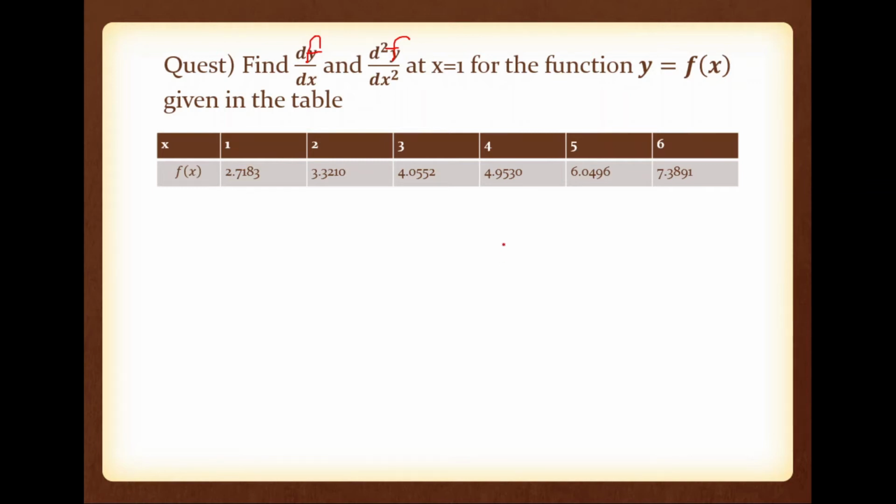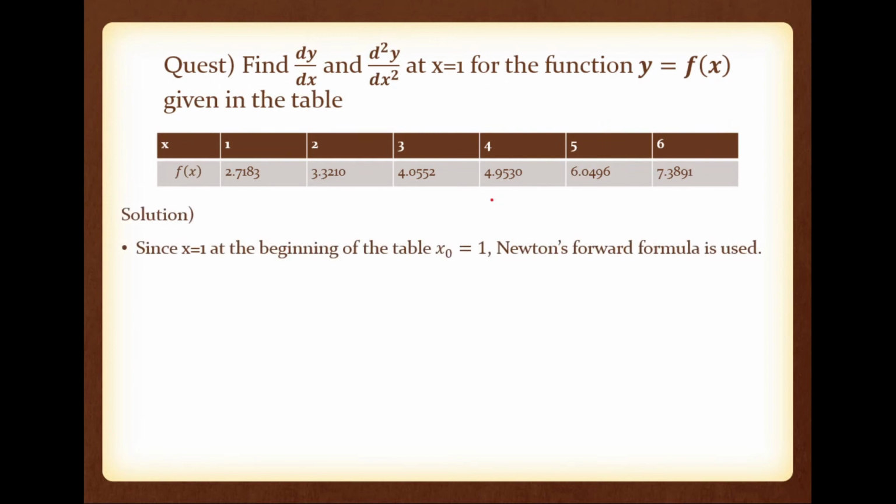So please note what this data is. This is finite difference data. Why? The difference between the adjacent x values is the same. Now the interesting thing is, here we are asked to find at x equal to 1, and that point is exactly equal to the first point. Even if it were very close to the first one, we can use Newton's forward interpolation formula. So we can definitely use Newton's formula, the finite forward extrapolation formula.